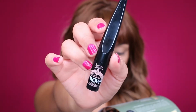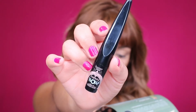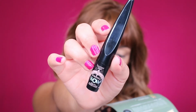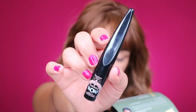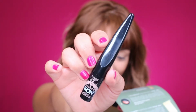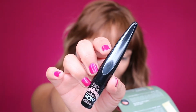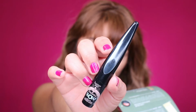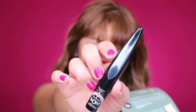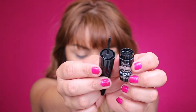And last but not least, we received the Butter London Stroke of Wow Roll-On Liner. And that's what this one looks like. This creates precise, ultra-fine winged liner looks with this innovative liquid liner. The ergonomic handle gives you insane control while creating your liner looks. The roll-on applicator does all of the work for you while delivering a pitch black pigment that meets even your boldest standards. Created with a